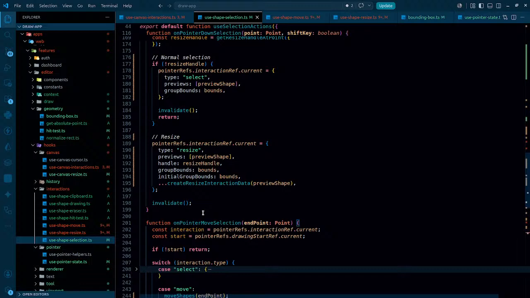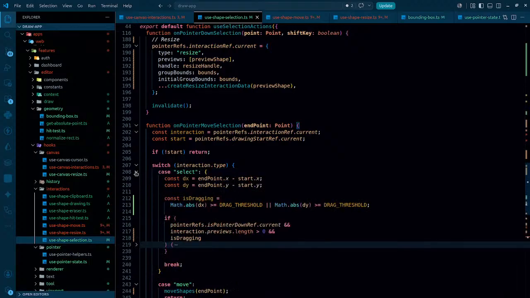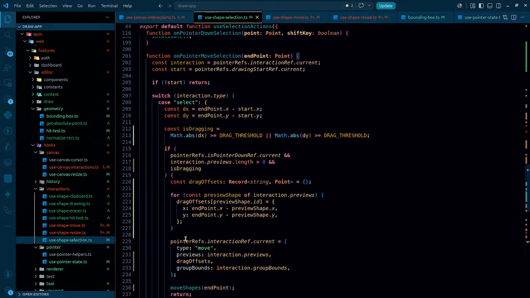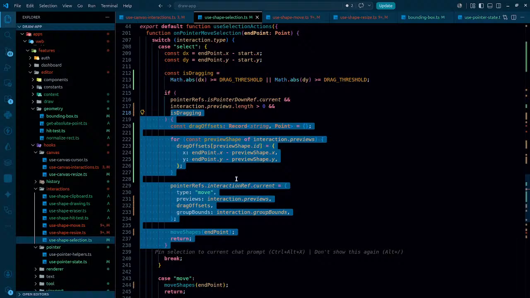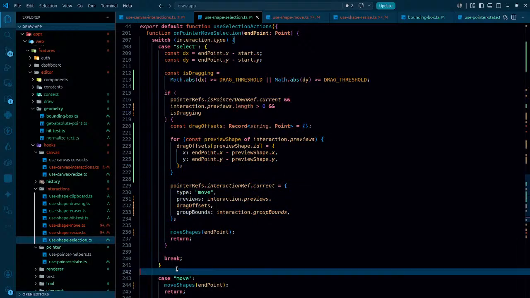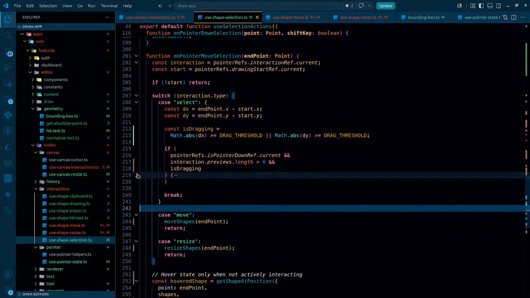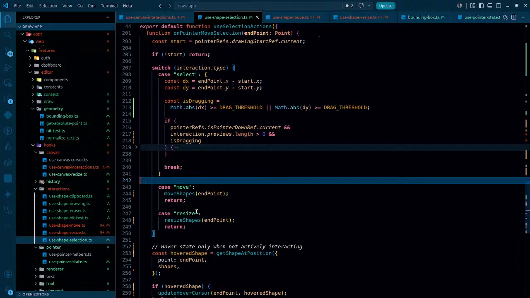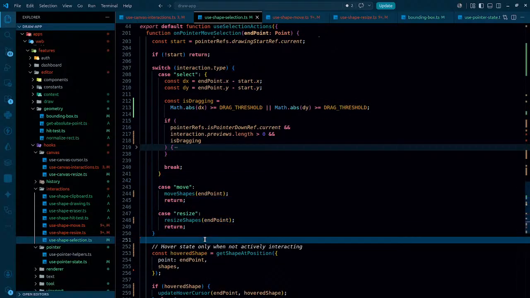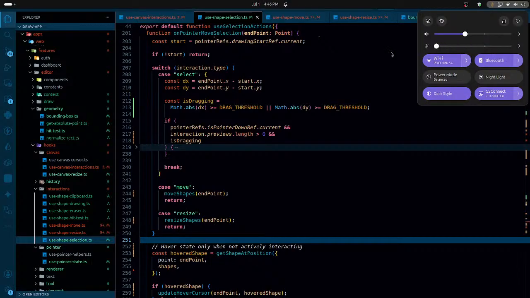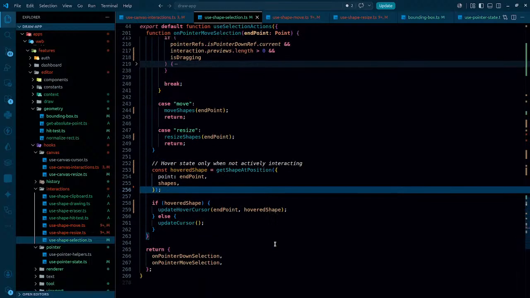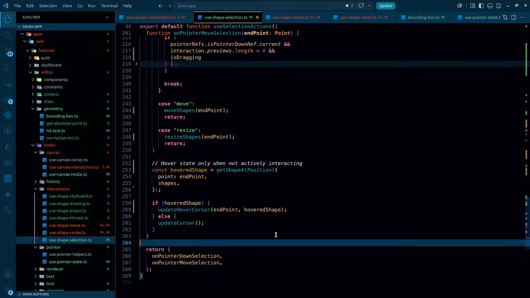It sort of does the job, but ultimately what we are doing in here, that if that is select, and if we click somewhere, we are gonna be getting the drag offsets of all. Earlier I was just simply calculating the drag offset of one, now I'm calculating it for all the selected shapes. And once that is done, then we are just simply calling the move shapes. Again, the logic of these is not right. As for right now, it's right for only one, but we are gonna be handling many. Just a sec. So we'll have to take care of them, and apart from this particular thing, everything else is sort of fine,